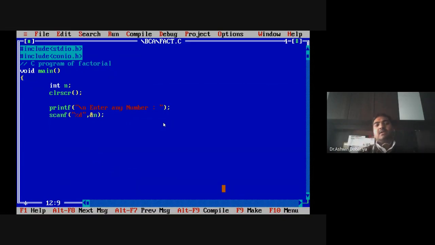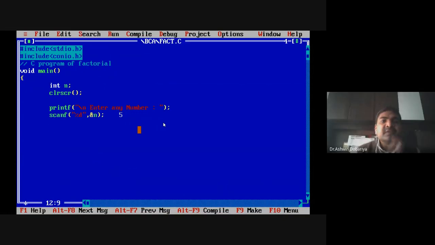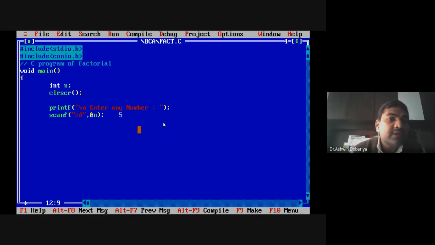Suppose my input number is 5, then I have to start my loop from 5 up to 1. So can anybody tell me whether I have to use a while loop or for loop, which one is better in this case? For loop, sir. You can take a for loop also, right?